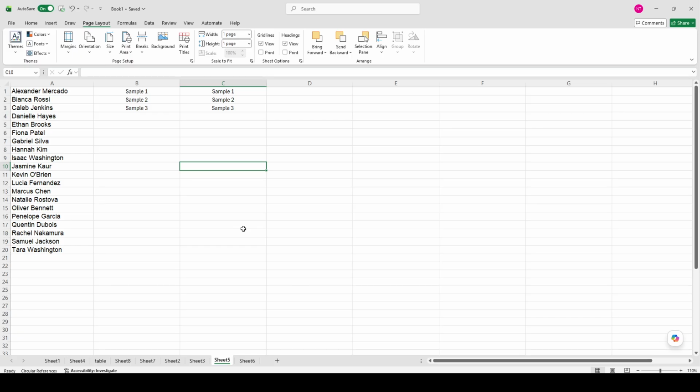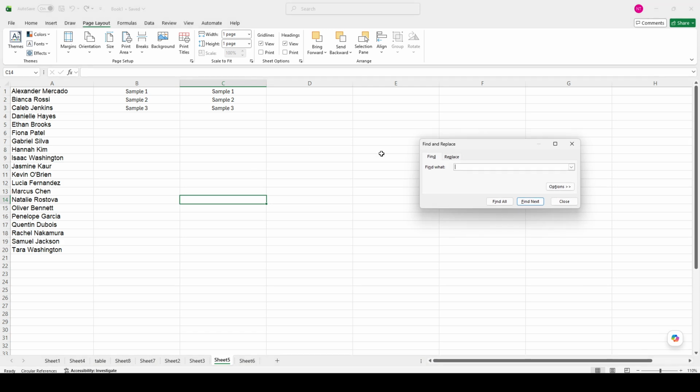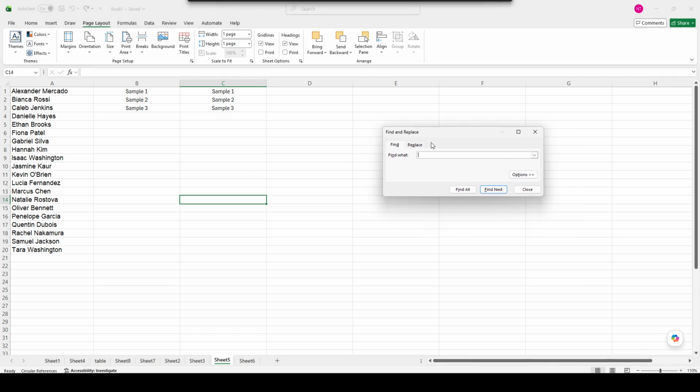need. To begin, open your Excel sheet and make sure you are on the worksheet where you want to search. Then press Ctrl and F on a Windows computer or Command and F on a Mac. This opens the Find tool, which is designed to help you search for content inside the sheet. It is a simple feature, but it can save a lot of time when your spreadsheet contains a lot of